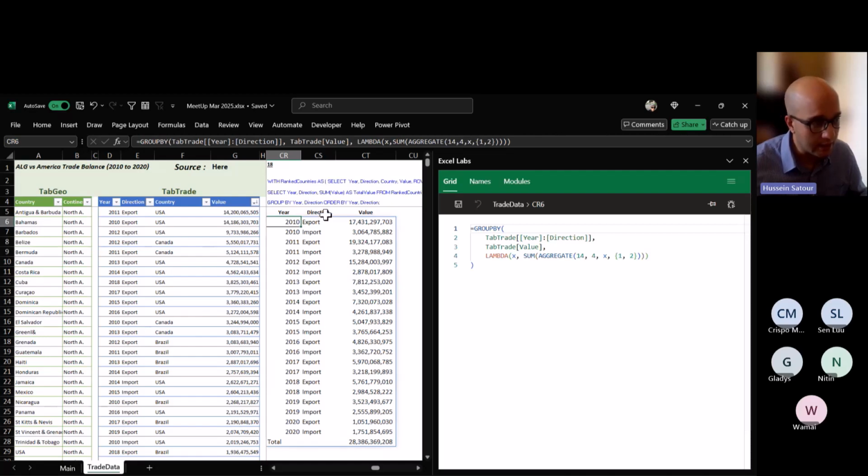So this last example, I added it just to show you that we can add other personalized functions